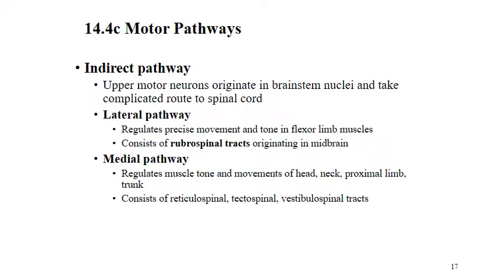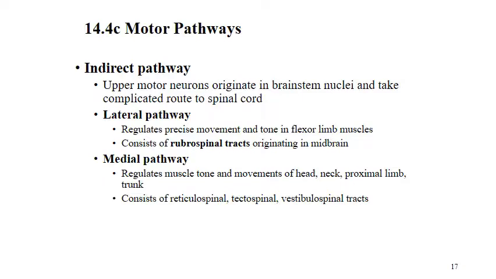All right, so our indirect pathways: those upper motor neurons are going to originate in the brainstem nuclei and take complicated routes to get to the spinal cord. We have a couple of different indirect pathways. We have the lateral pathway, which regulates precise movement and tone in our limb muscles, and it consists of the rubrospinal tracts originating in the midbrain. The medial pathway regulates muscle tone and movements of the head, neck, and proximal limb and trunk, and consists of the reticulospinal, tectospinal,